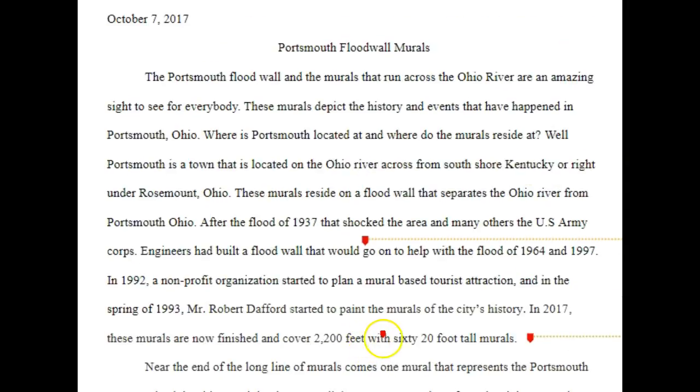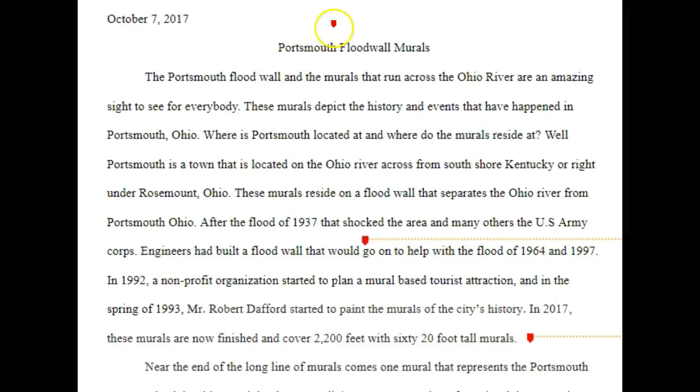A thesis statement for this kind of assignment needs to make a claim about the flood wall murals. And when I say claim, what is it they're trying to get across? Do you think they did a pretty good job of it? And then what are the methods they used? Was it using colors, using the arrangement of images? Was it how they framed things, like the borders around some of the murals? You have to think about the visual details that are going on there and how they helped get a message about the town across. And your essay doesn't do that just yet.